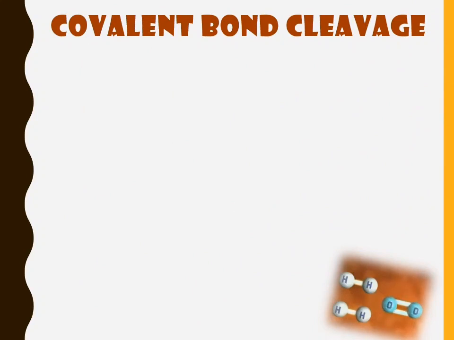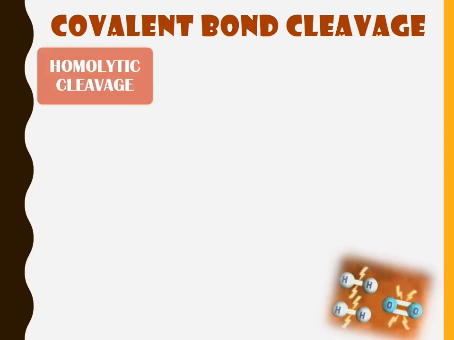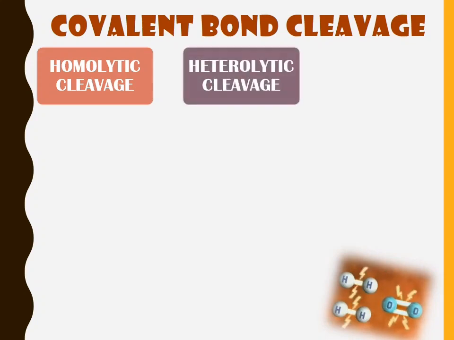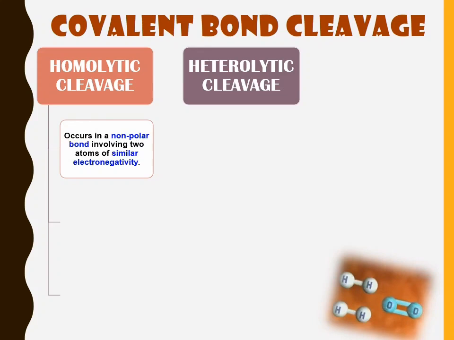Okay guys, we start with covalent bond cleavage. All chemical reactions involve bond cleavage and bond making. Bond cleavage refers to the breaking of bond. So, in bond cleavage, we have two types: the first one is homolytic cleavage, and the second one, heterolytic cleavage. In homolytic cleavage, it will occur in a non-polar bond involving two atoms of similar